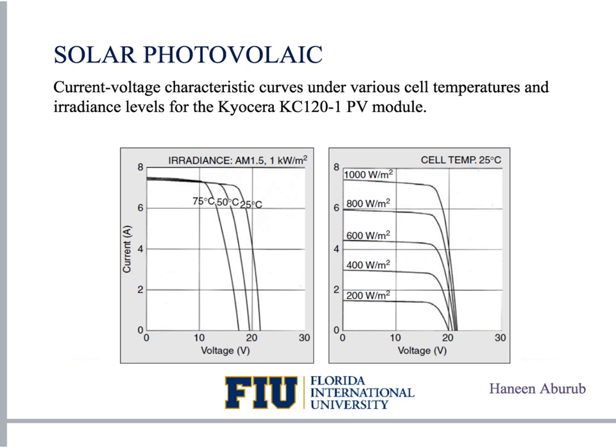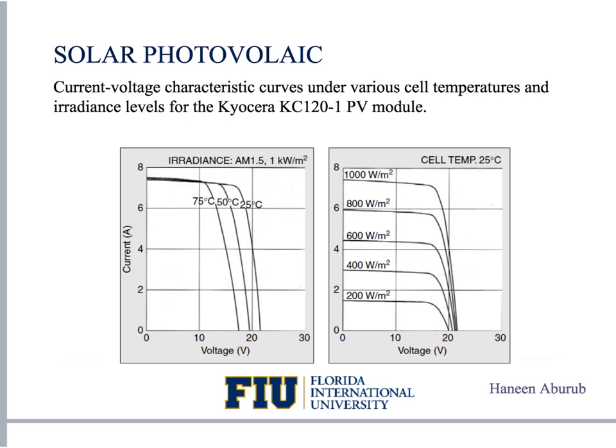Now, decreasing the insolation also reduces the V open circuit. As we decrease, we started with this value, then we are moving to the left-hand side slightly, since it follows a logarithmic relationship. So the I short circuit gets affected more by the decrease in insolation than the V open circuit,